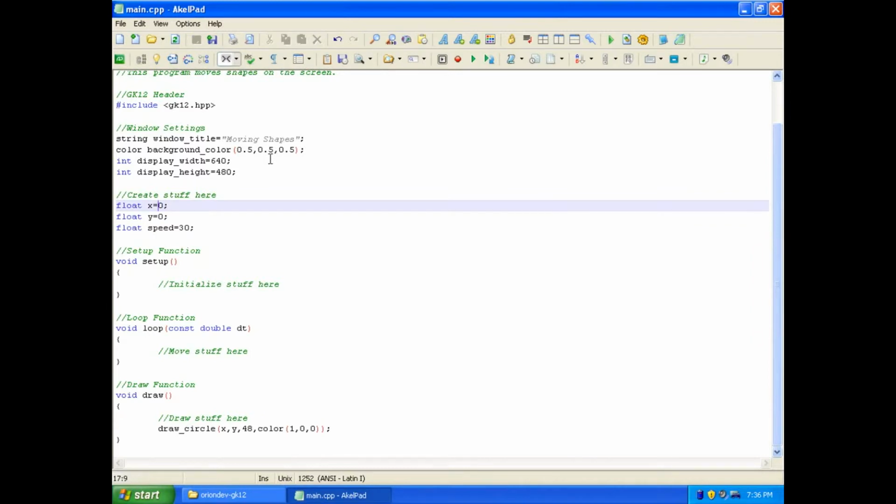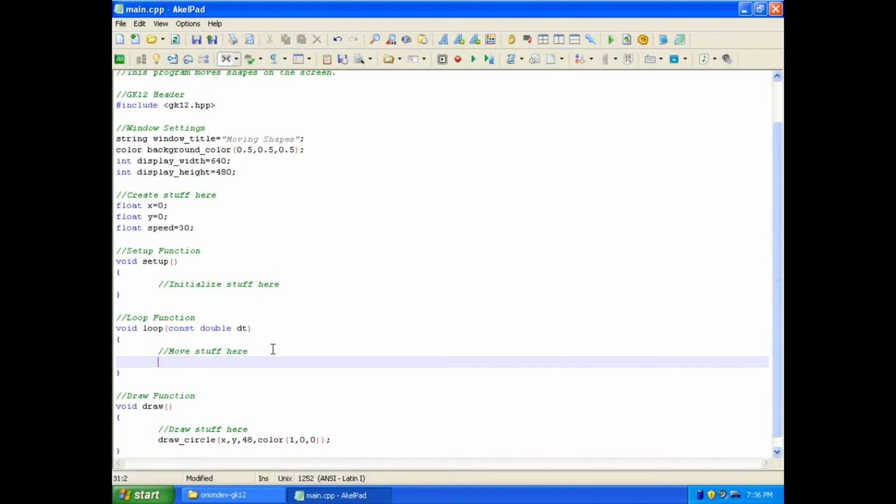So now to actually move the shape, in our loop function, which is where we move stuff, let's just move the circle on its x-axis. So let's move it towards the x-axis. Let's make it get more positive. Its position will get more positive on the x-axis. So we're going to set our x variable equal to something. In this case, it's going to be whatever our x is already,